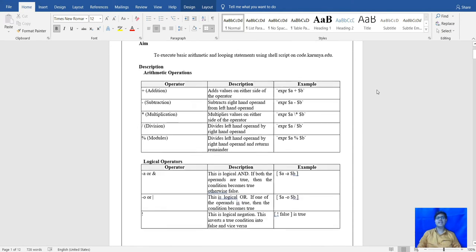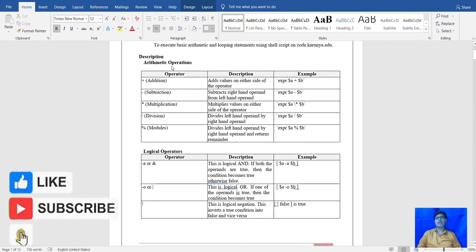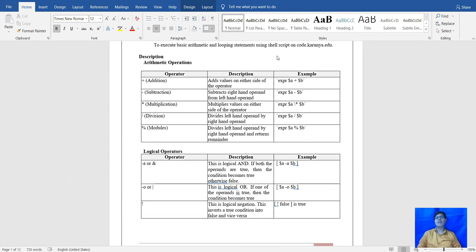So let's begin. First, in the description there are the arithmetic operators, the operators that are used for addition, subtraction, multiplication, division, or mod. The examples use expr, which is for the expression, and dollar, which is known as the variable, so a plus b will add, and for subtraction we just change the sign.